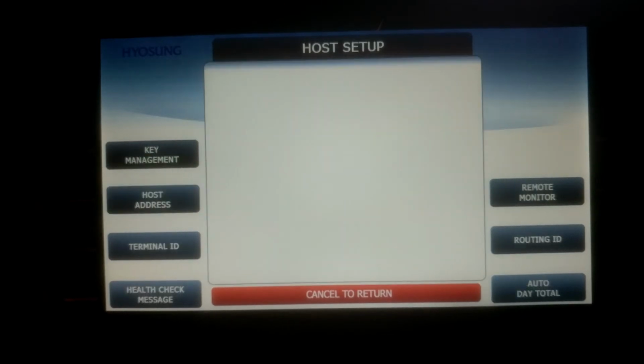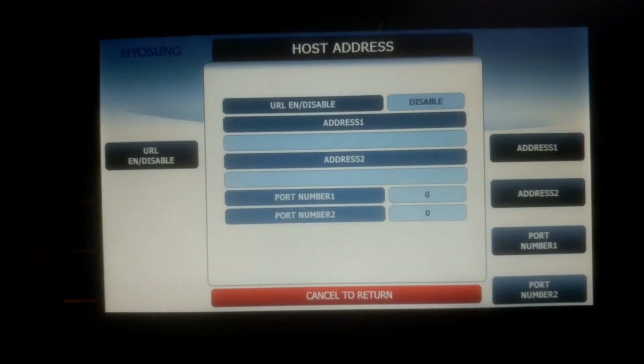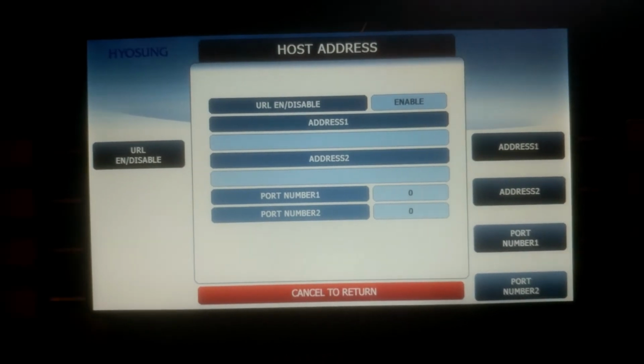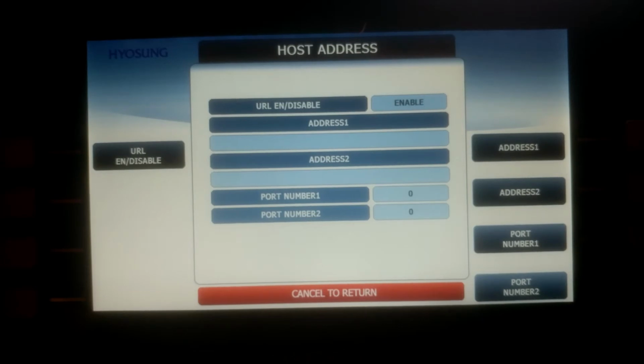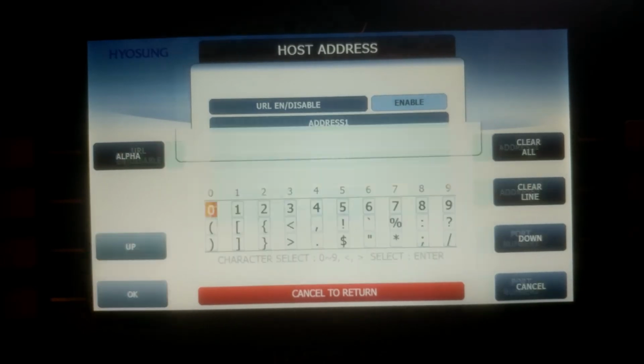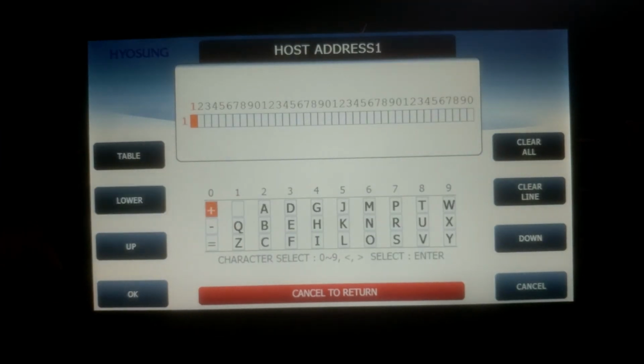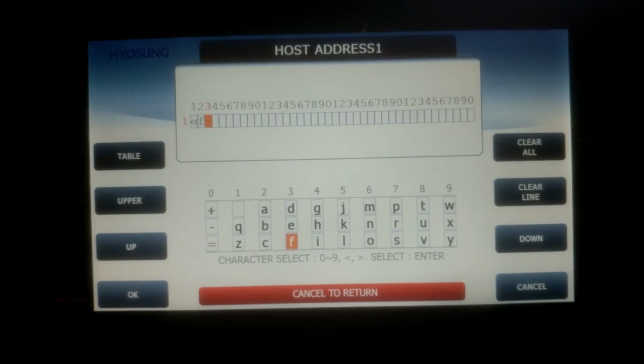Cancel back. Now we go to host address. We want to make sure our URL is enabled. After ensuring URL is enabled, we're going to go to address 1. We're going to do alpha and lower. We're going to type in EFT debit ATM,